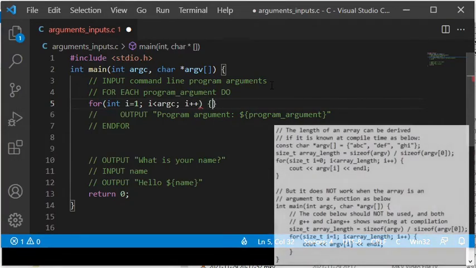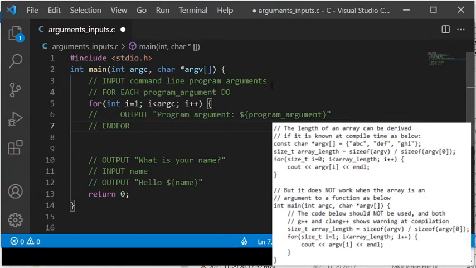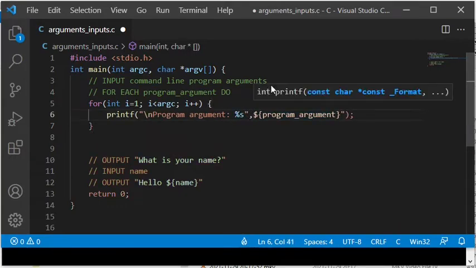The length of an array can be calculated by using the sizeof operator when the array size is known at compile time, but it does not work when the array has been passed as an argument to a function, for example the argument to the main function. The reason is that the function argument becomes a pointer to the array, and it contains a position to the first element but not information about the number of elements, which is the reason why we need a separate argument argc to specify the number of arguments.